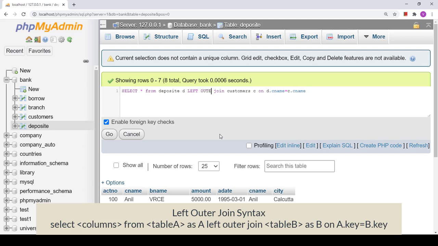Let us try with left join first. It is going to display all the data of the deposit table, because the deposit table is on the left hand side of the join clause, and it will display common data of the customers table because it is on the right hand side of the join clause.